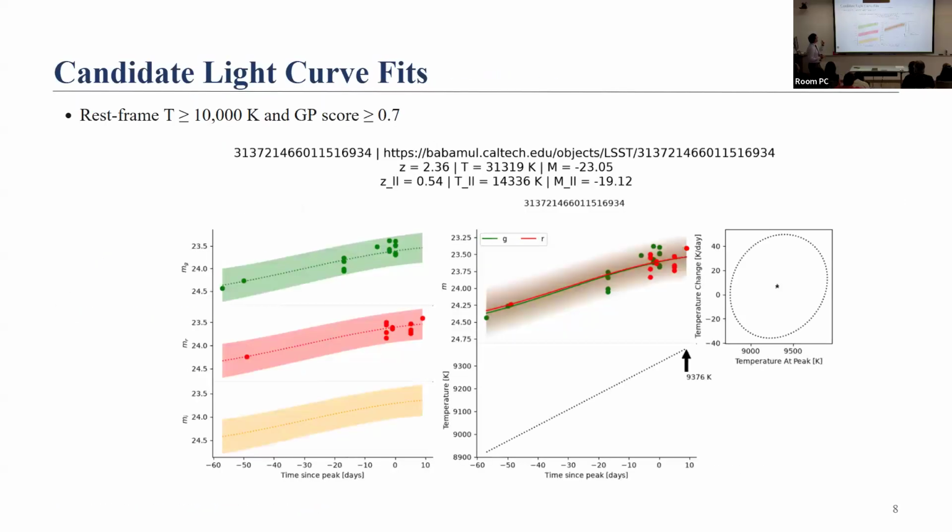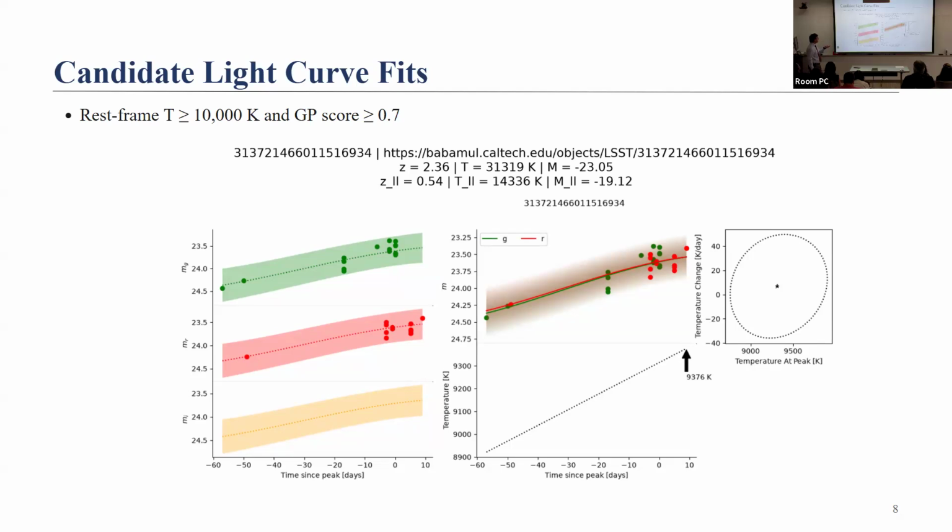After we do the GP fit, this is what the curve fit looks like. A typical candidate will have a really good curve fit and detection over a relatively longer period of time, less uncertainty around the peak temperature, with a constant or slow evolution in the color and the temperature. This is the individual color band fit that you can see. The upper half of the middle graph is the combined color band.